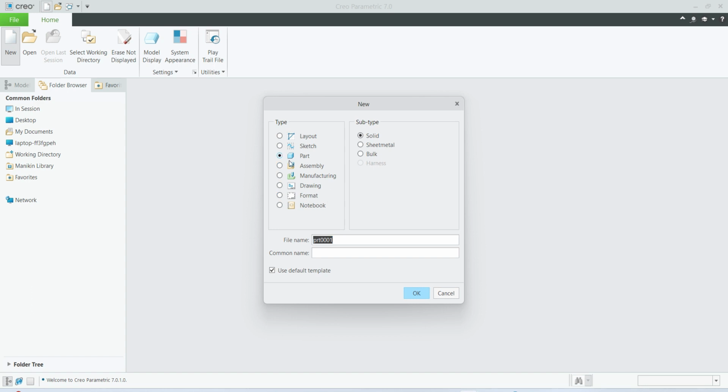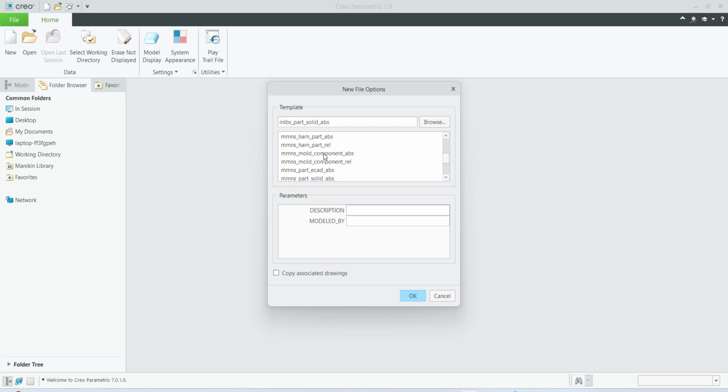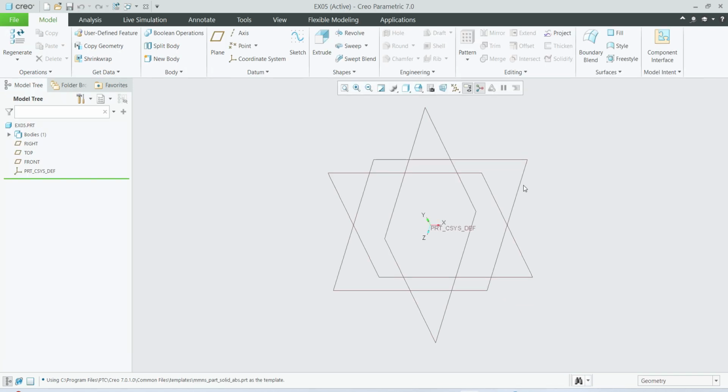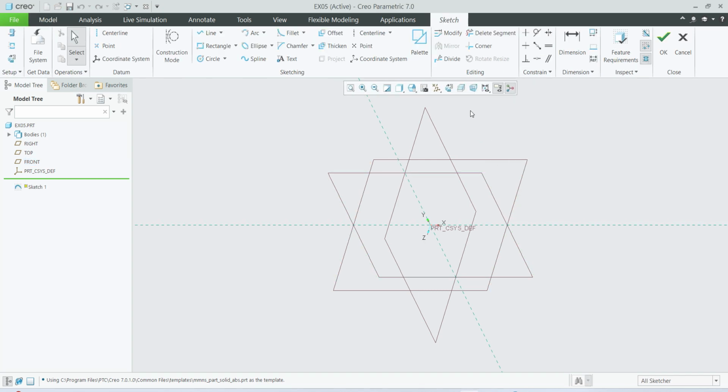Select new part solid, remove this, give the name here, click OK. Here select MMNS solid, OK. Select the plane, sketch,